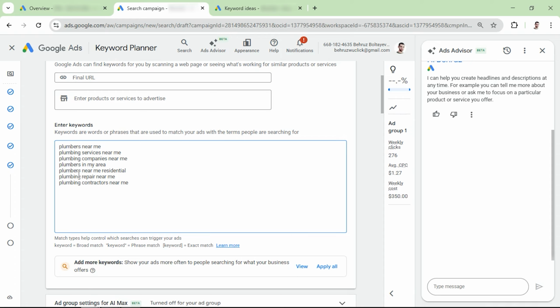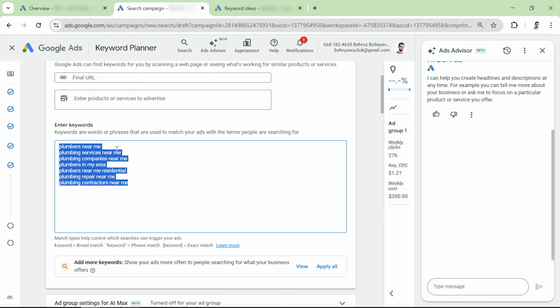These are mostly generic keywords because with this ad group, I want to target generic keywords. And when I'm creating, let's say, another ad group, it would be relevant to emergency types of keywords, like same-day plumbers or 24/7 plumbers or emergency plumbers near me. These types of keywords. And you can create other types of ad groups. Let's say it would be relevant to water heater replacement, for example. But this specific ad group is relevant to generic plumbing services to target people who are using generic